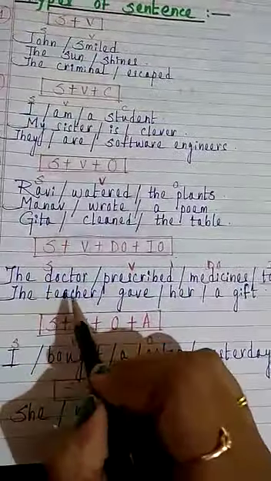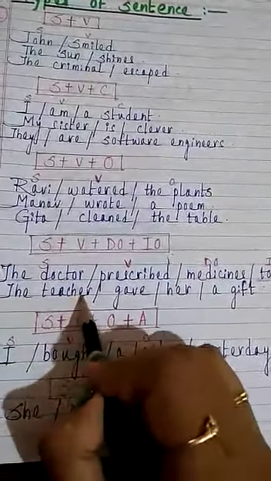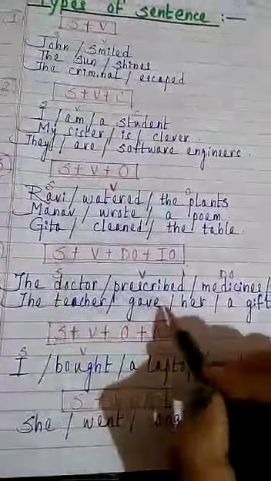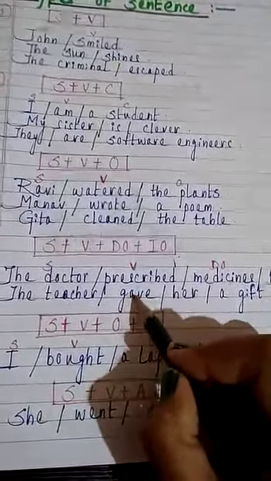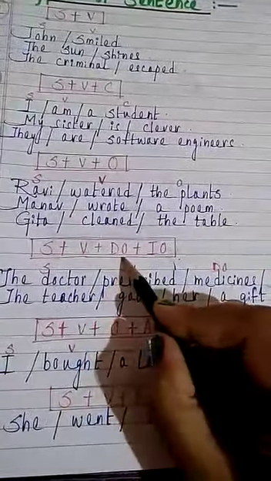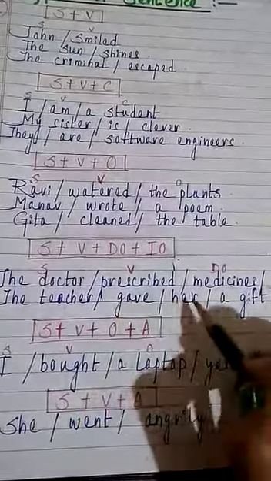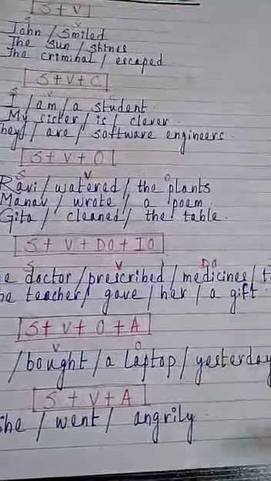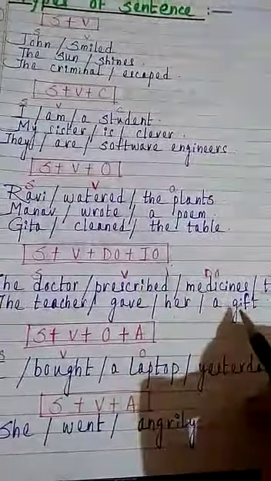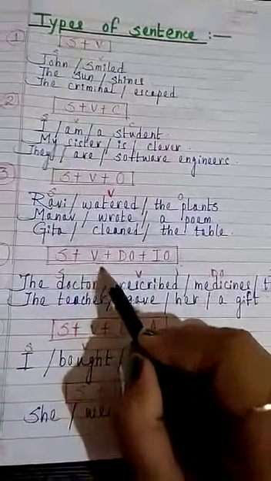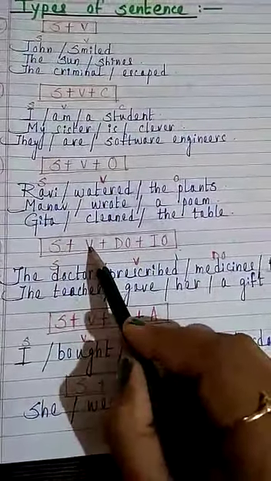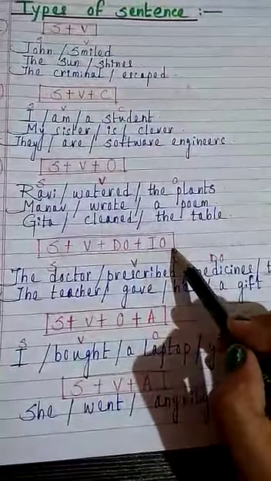So look at the next example. The teacher gave her a gift. So the teacher is the subject. Give का past tense हुआ है. Give is a verb. So gave is a verb. Her is the direct object. कहा किसको दिया? टीचर ने किसको दिया? उसको दिया. एक गिफ्ट क्या दिया? तो एक उपहार दिया, एक गिफ्ट दिया. So a gift is the indirect object. By this student you can also form a sentence by adding subject plus verb plus direct object plus indirect object.